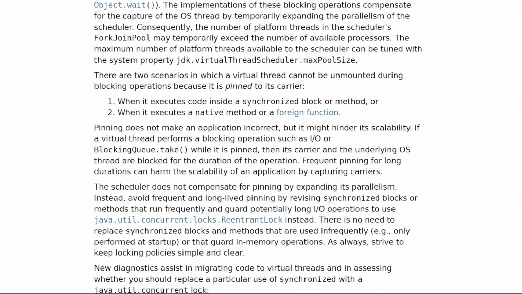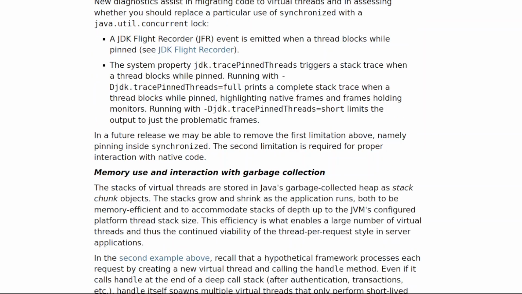New diagnostics assist in migrating code to virtual threads and in assessing whether you should replace a particular use of synchronized with a java.util.concurrent lock. 1. A JDK Flight Recorder, JFR, event is emitted when a thread blocks while pinned, see JDK Flight Recorder. 2. The system property jdk.tracePinnedThreads triggers a stack trace when a thread blocks while pinned.